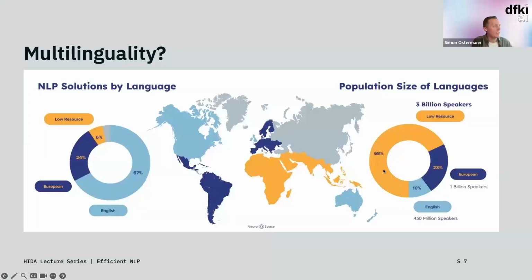While, as you see on the right side, more than 2/3 of people in the world do speak a low resource language as first language, and only 10% of people do speak English as a first language, with 23% European languages. So here it's kind of even. So you see there is a big discrepancy between the NLP solutions that we need worldwide and the NLP solutions that we actually have, which means that is a thing that